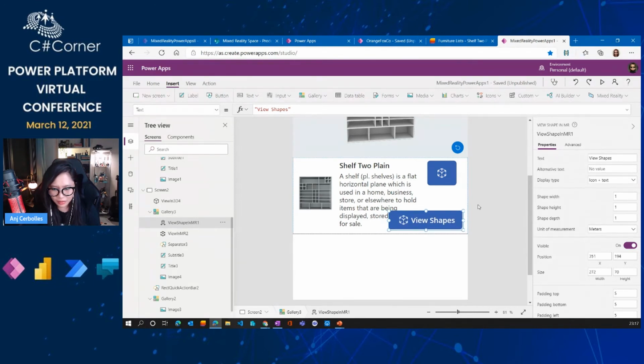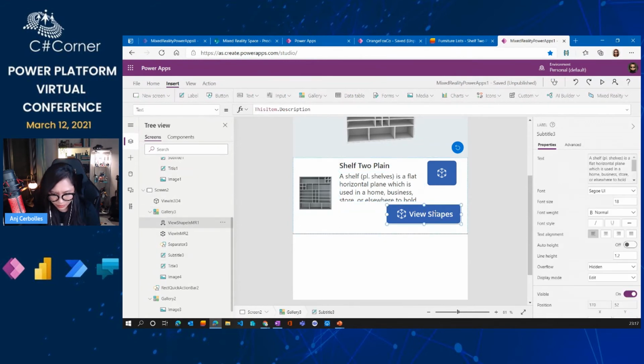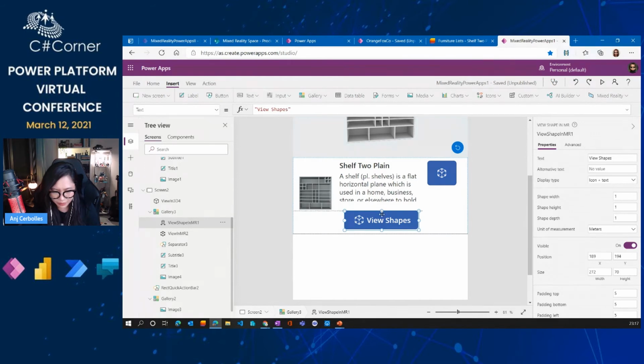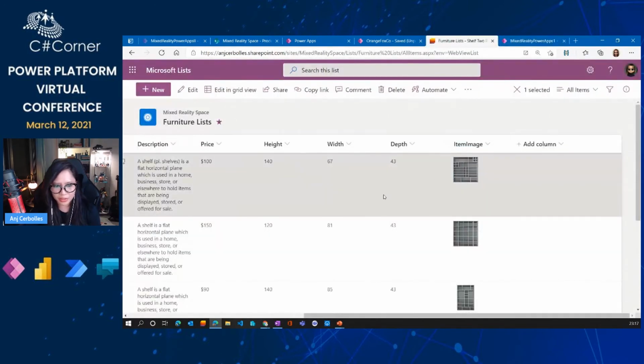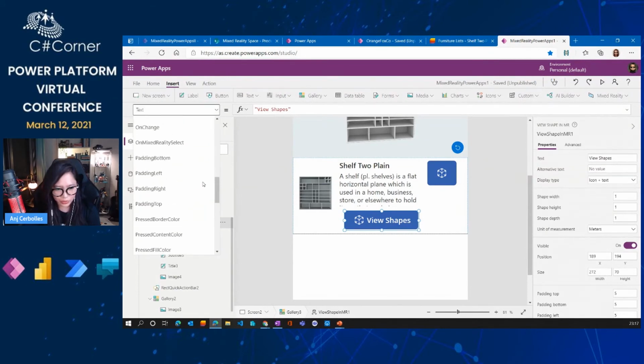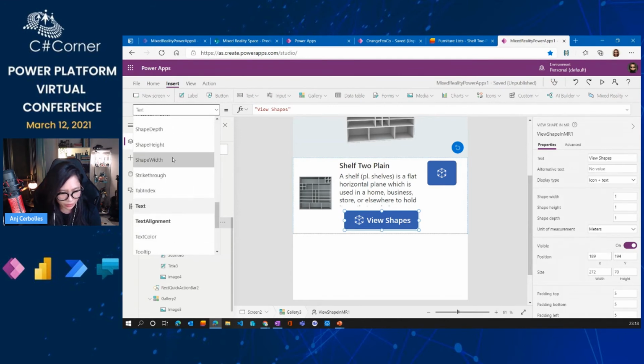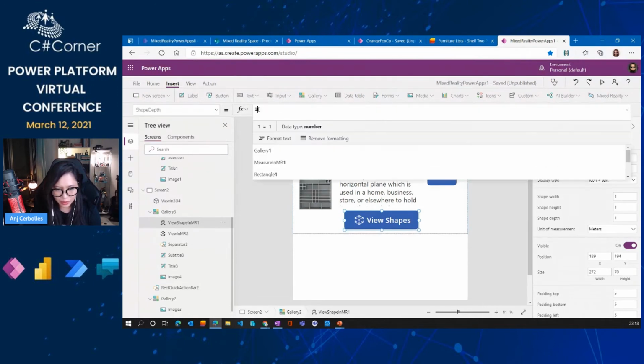And then let me try to fix that one. Okay, let me move it a bit. Okay, so the view shapes here. So under the shape width, height, and depth, we are going to use the value from our SharePoint list. Okay, shape depth. So we are going to use